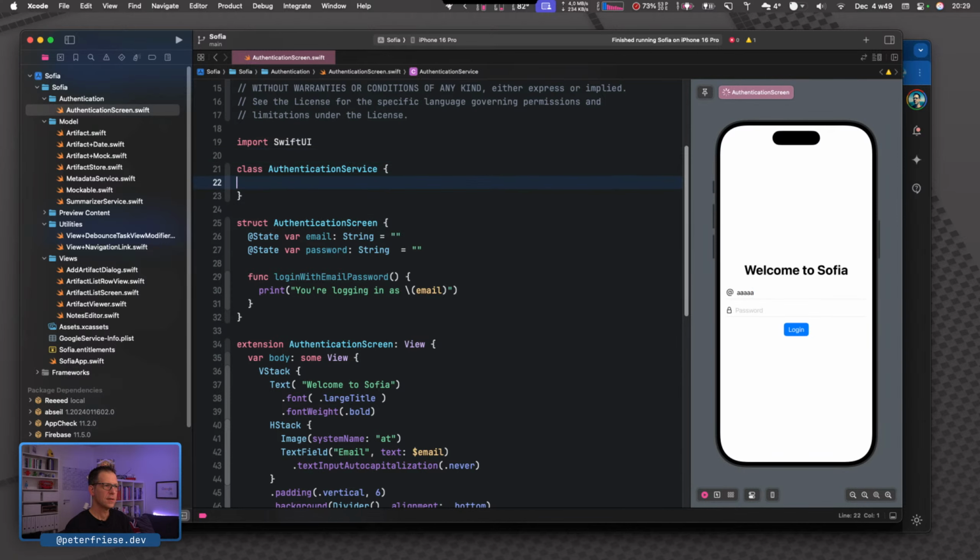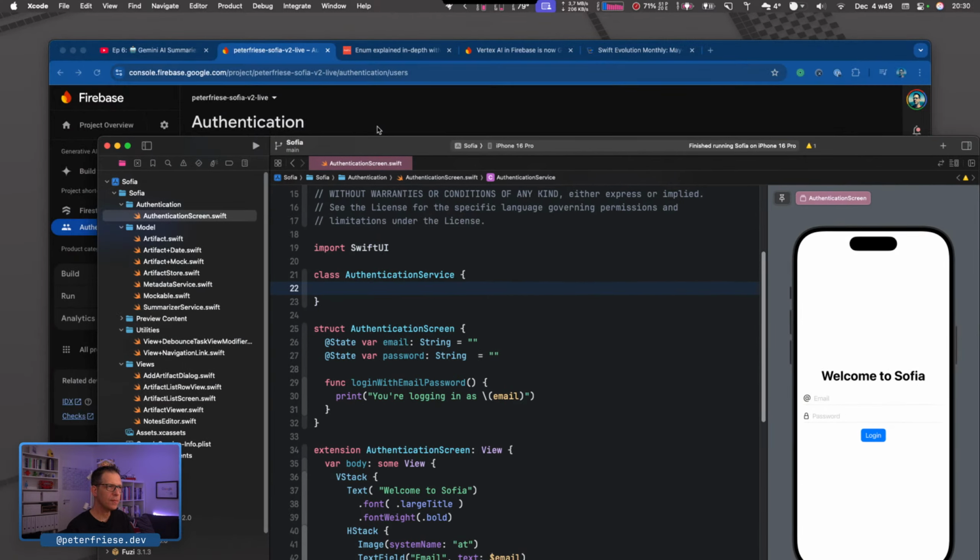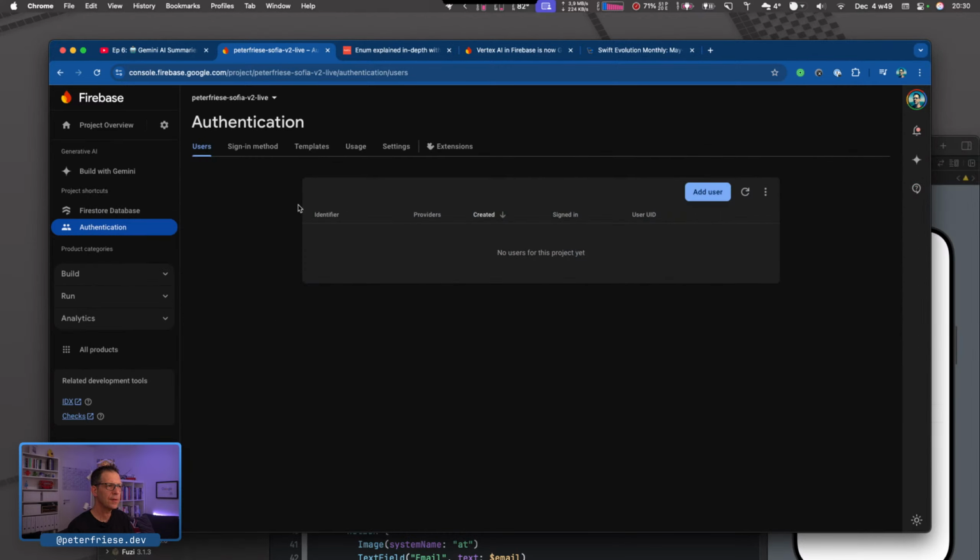So this is going to communicate with Firebase for us. So let's go here. The funny thing is that we don't link to the documentation from here, right?